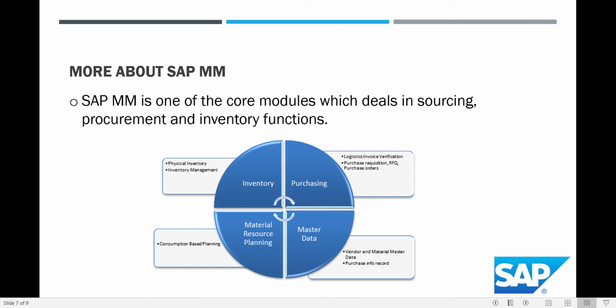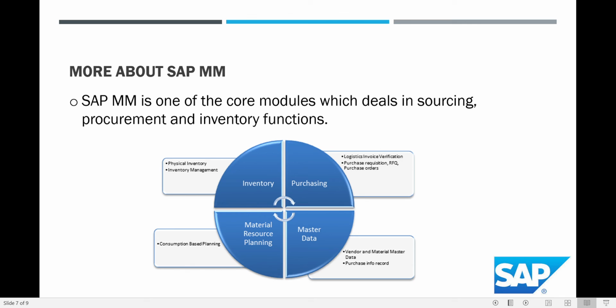There are other components such as inventory, which deals with how to manage the inventory, how to manage the physical inventory components, the inventory management reports, and a lot of other things. And obviously, last but not least, material resource planning is consumption-based planning.